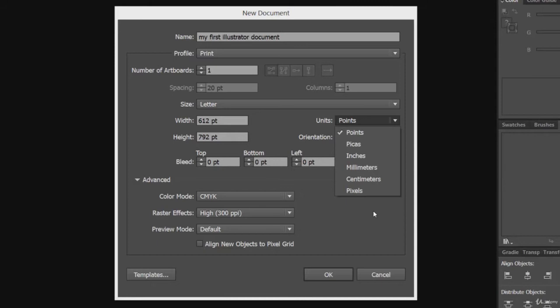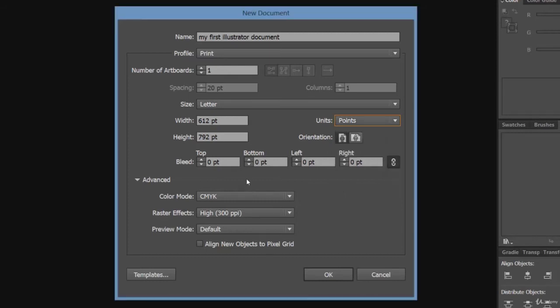You can even design website. Yes, friend, website framework design can also be done in Illustrator. So let's move on. From here you can select your preferable unit. Generally pixel or inches you can select. I mean that will be based on the type of work which you are doing.